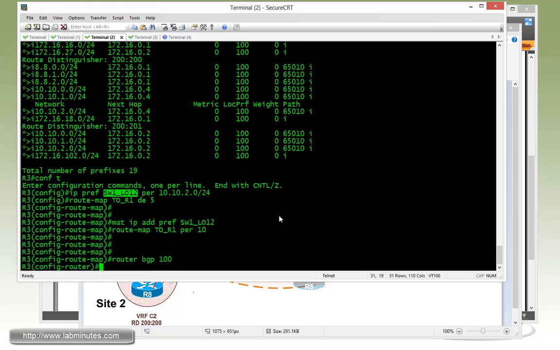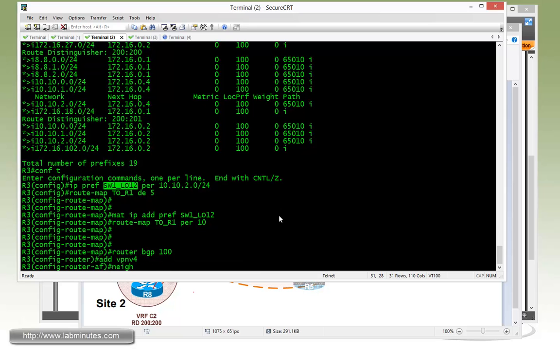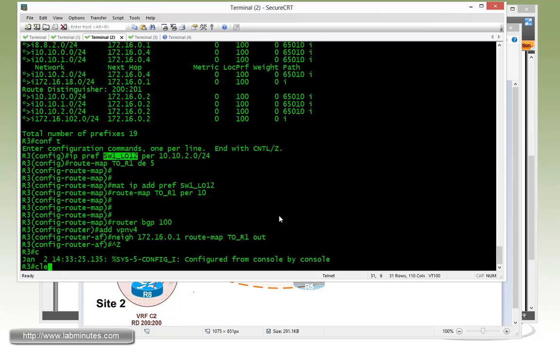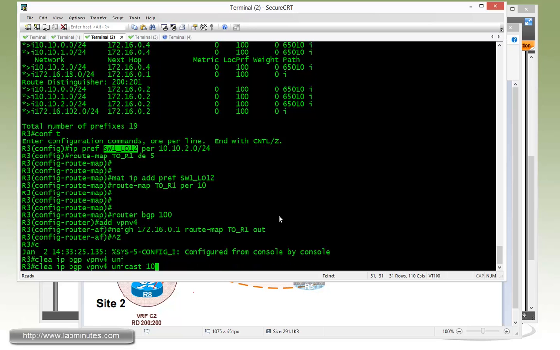Then router bgp 100, this has to be performed under address-family vpnv4, tied to neighbor R1, route-map to-R1 out. Okay, then as always we have to do a route refresh with clear ip bgp vpnv4 unicast